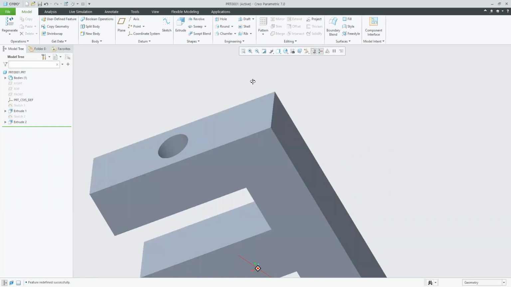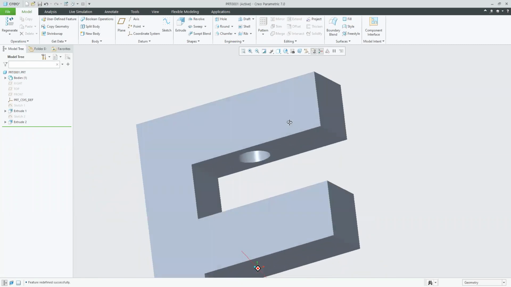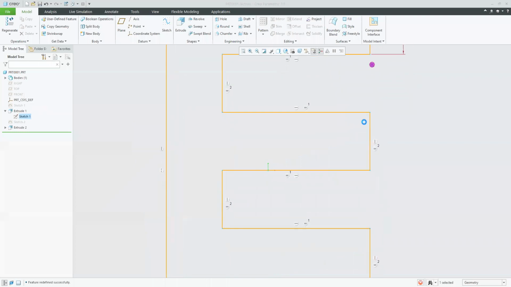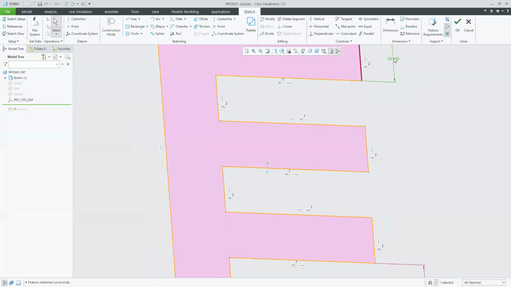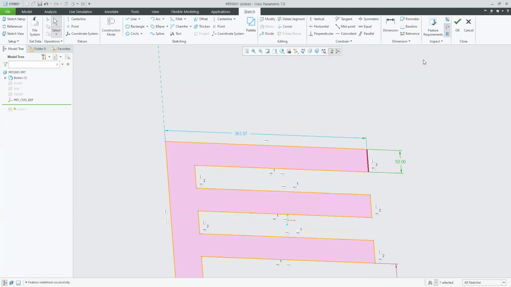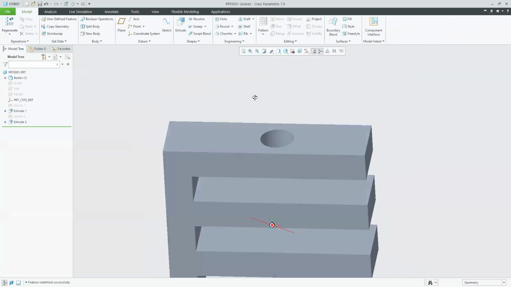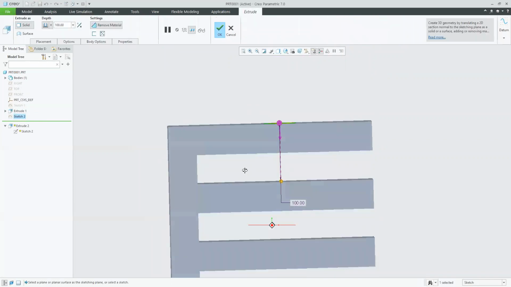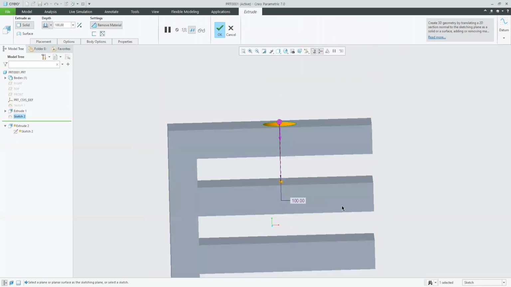The other day the design engineer comes and says, oh Sachin, this is not 100, make it 50, the client approved the design yesterday. So again you will come here, click on this, and instead of 100, make it 50. Click on OK. But now what about the hole? The hole is still 100. You will notice it over here. Understood?